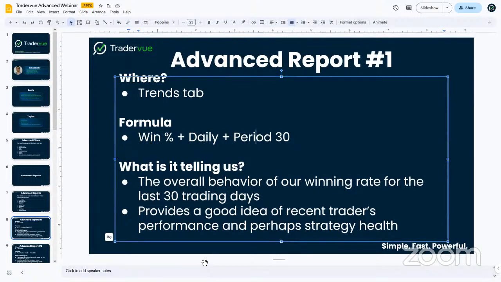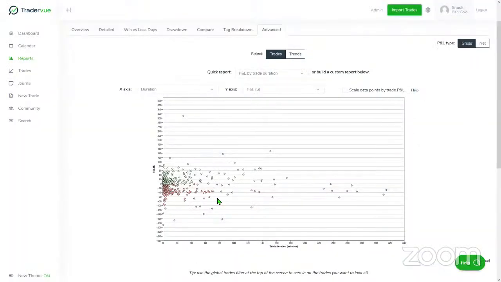So what is it telling us? The overall behavior of our winning rate for the last 30 trading days, and it provides me a good idea of recent traders' performance and perhaps strategy health. I'm going to read this again once we do the advanced report. So if we click here on trends,